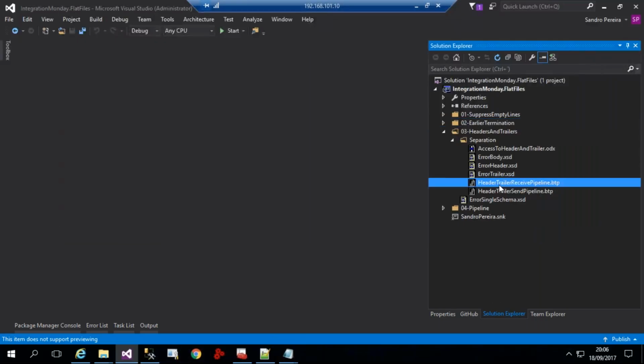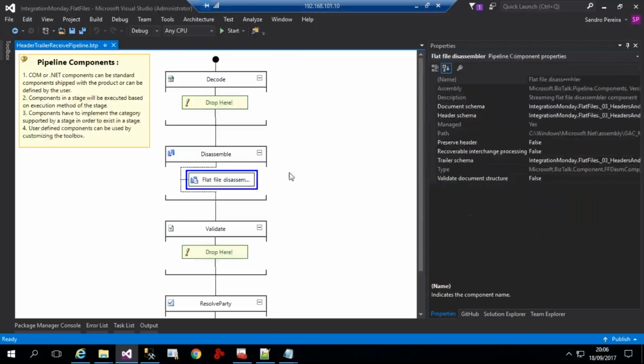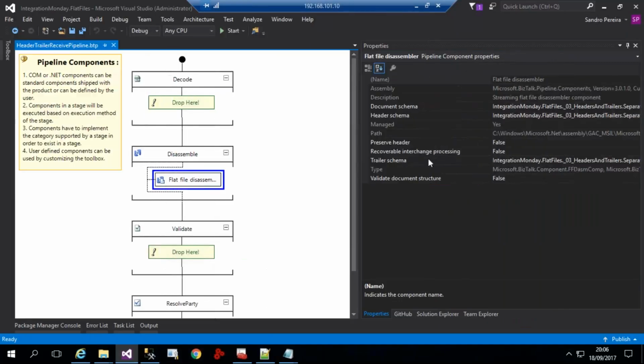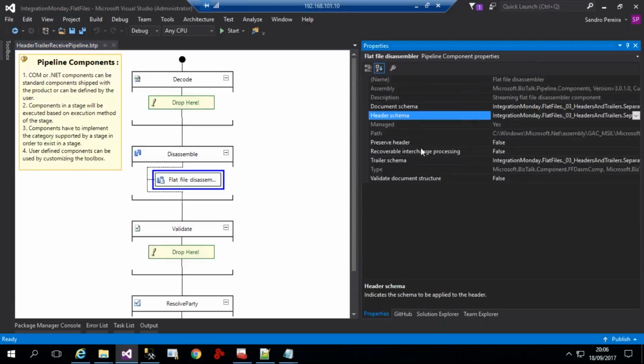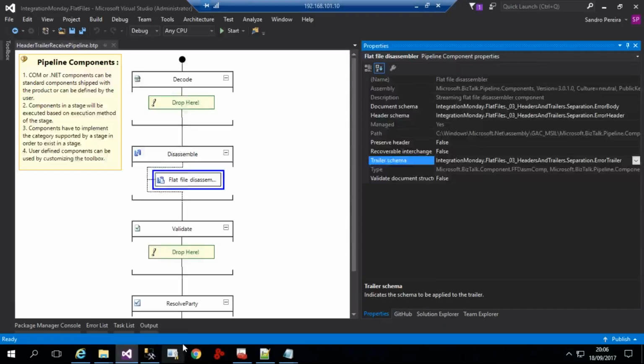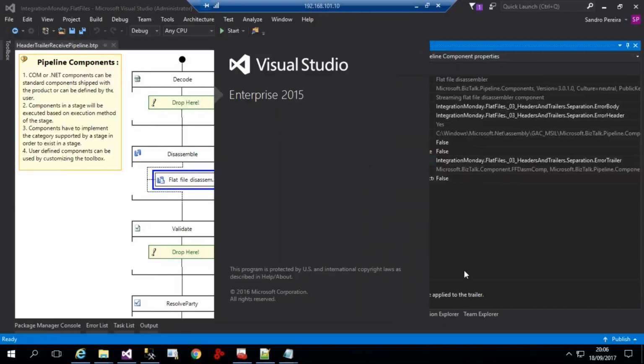And if you are familiar with the flat file disassembler component, it has 3 properties where you can set schemas. The document schema, the body of the message of course, the header schema, and the trailer schema. Okay? So in this case, if you want to use these properties,